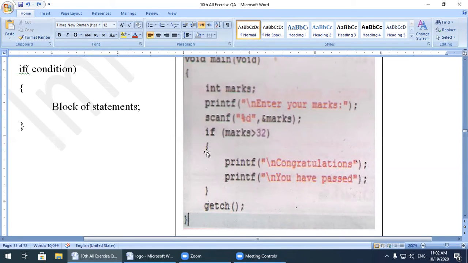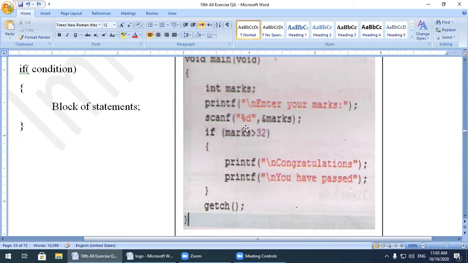So inside the braces, this statement will be executed first, congratulations. Then the next message will appear, you have passed. Then getch, this block of the if statement is closed, getch, and termination of the main function.